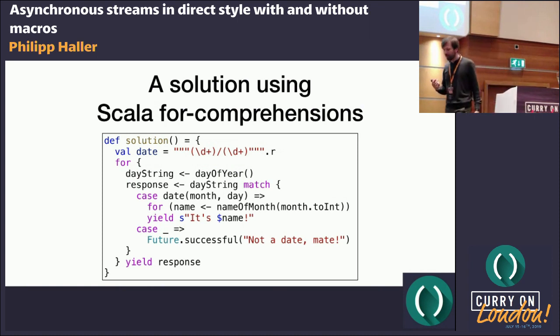The program would look somewhat similar, because we can make this for-comprehension where we have generators. And now the thing is that on the right-hand side of this arrow, we actually have expressions evaluating to futures.